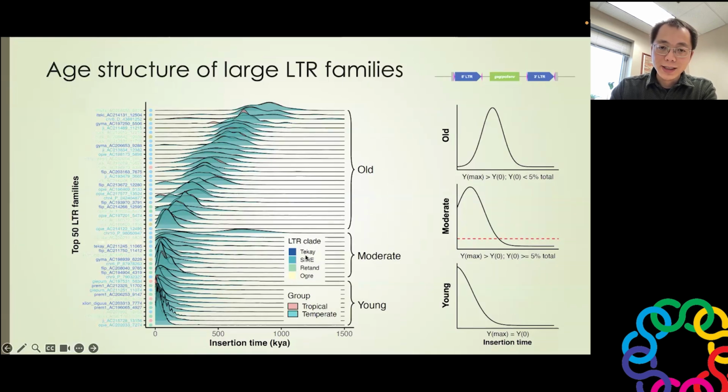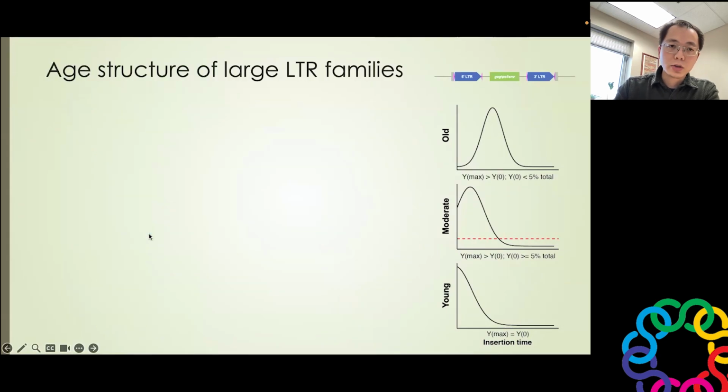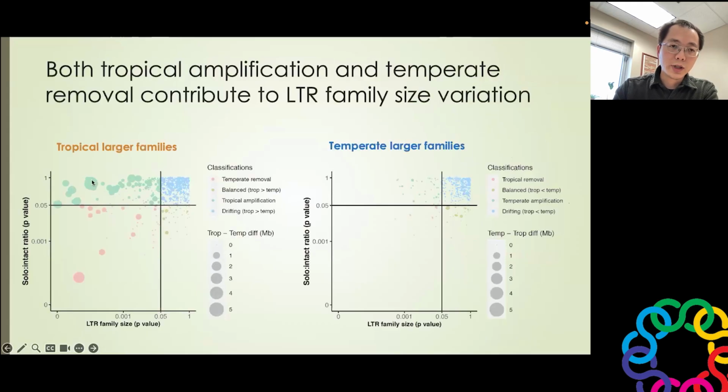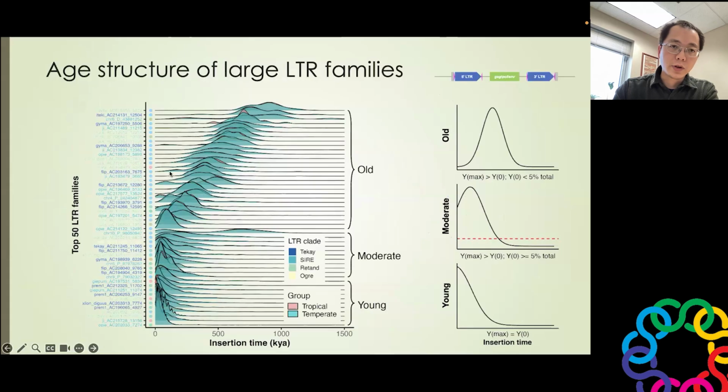I didn't mention the clade. If you're interested, you can look at them, but the majority of them are Sire and Retand clade, which makes them very successful. And if you also want to put them into context, whether they are tropical amplification or temperate removal, if you just look at the green and the salmon color, you find them